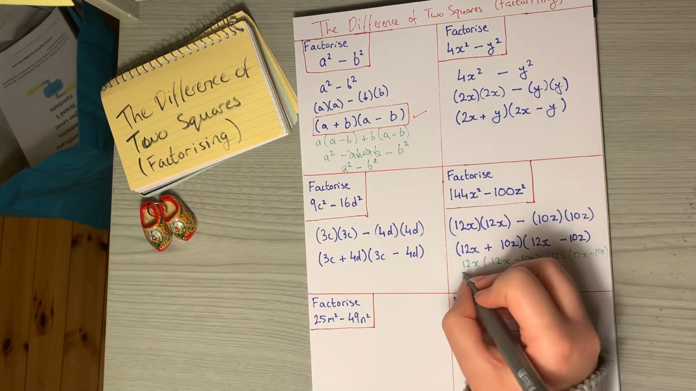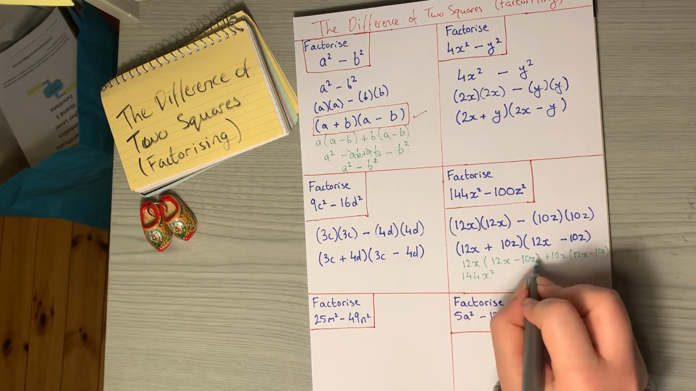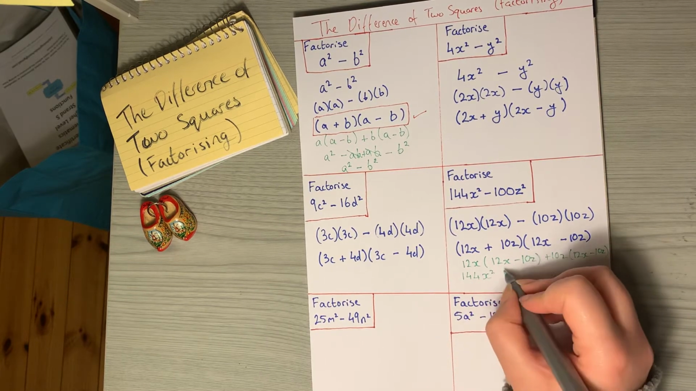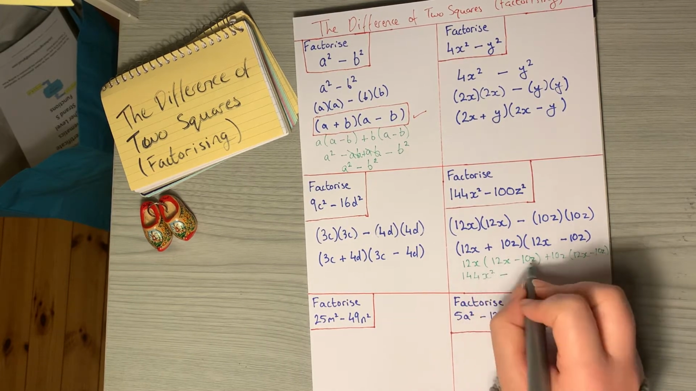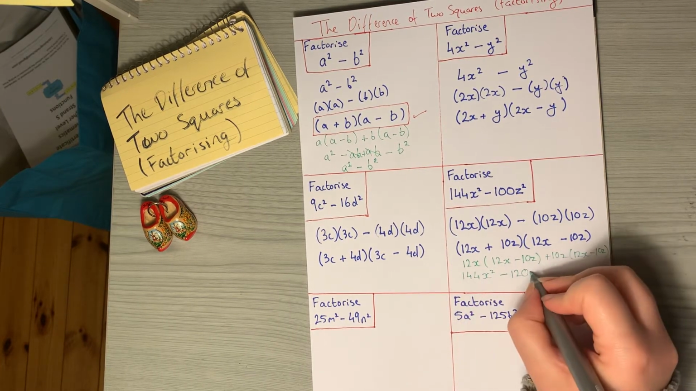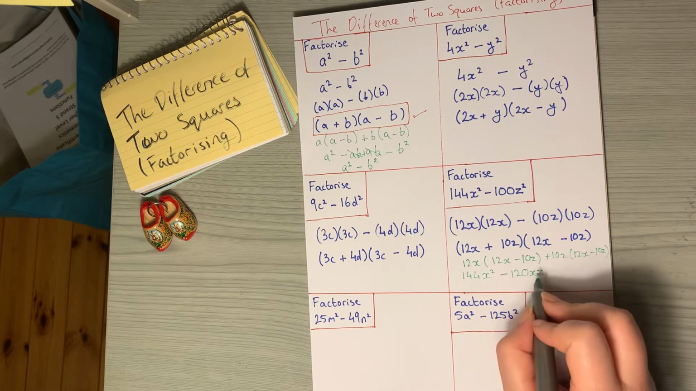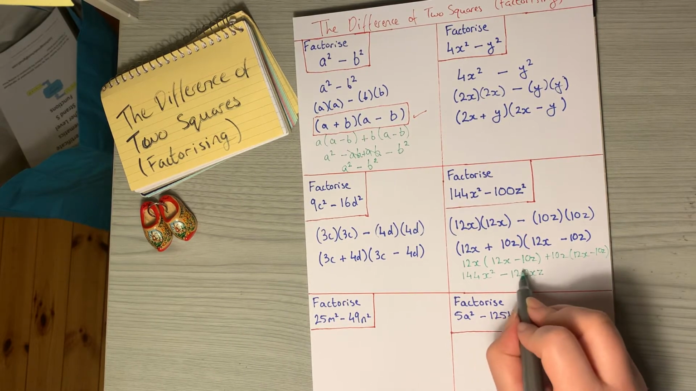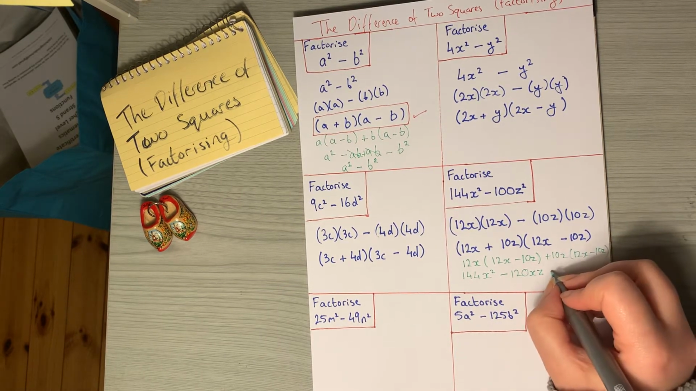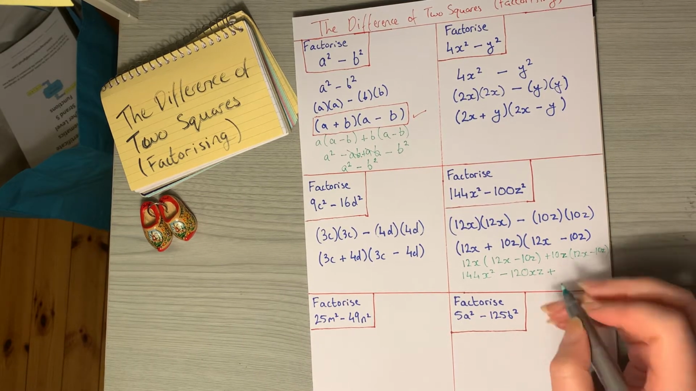12x times 12x is 144x squared. 12x times minus 10z, so the plus times a minus, it's going to leave me with a minus. 12 times 10 is 120. And then I've got an x and a z. And that's the simplest way we can write this, just by putting the numbers beside each other. So that shows me that 120 is multiplied by x and z. And then I've got plus 10z times 12x,